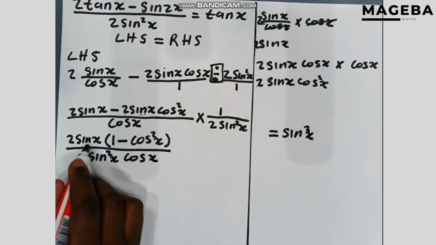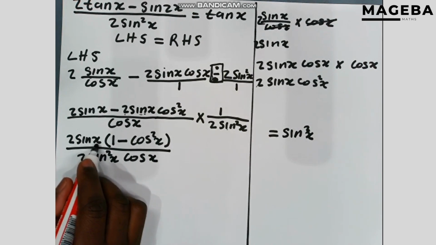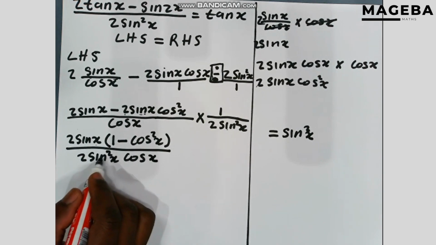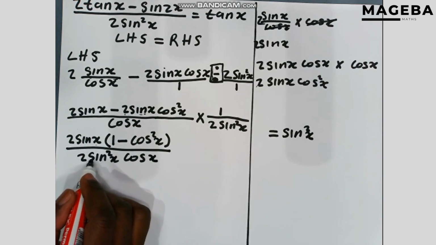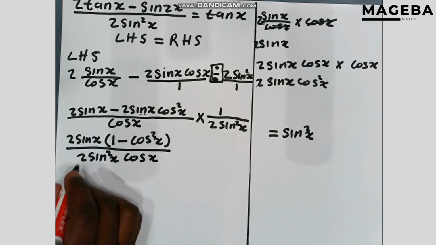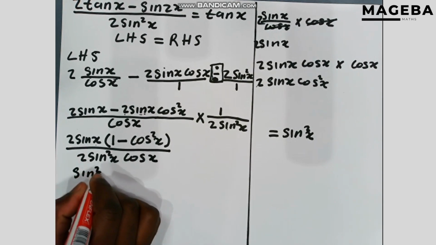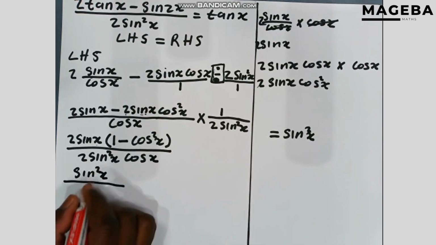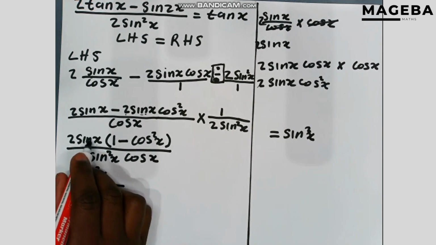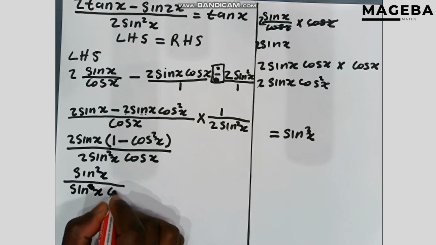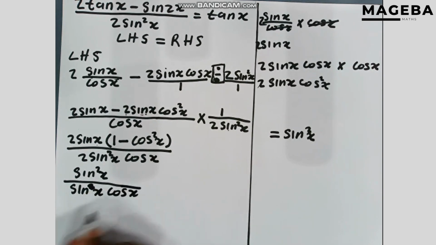And then here we only have sine x, we have 2 sine x. So this 1 sine x is going to cancel one of the sine squared x, which are 2 here, and 2 cancels 2. So you're going to be left with sine squared x all over 1 sine, which cancels with this one, so we're going to be left with another sine x, and then cos x,